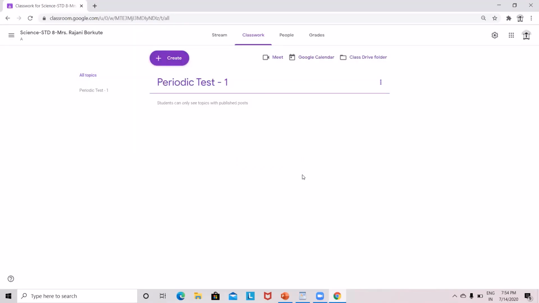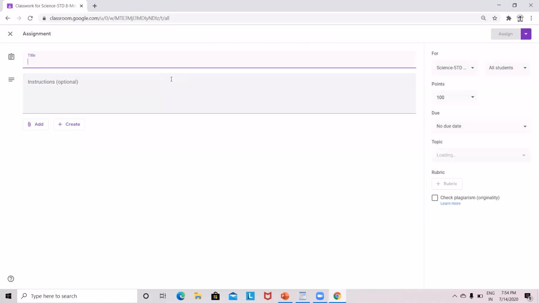You can see this topic is created. Again go to create, go to the assignment. Give the title periodic test 1 science. This we are doing for 8th A.